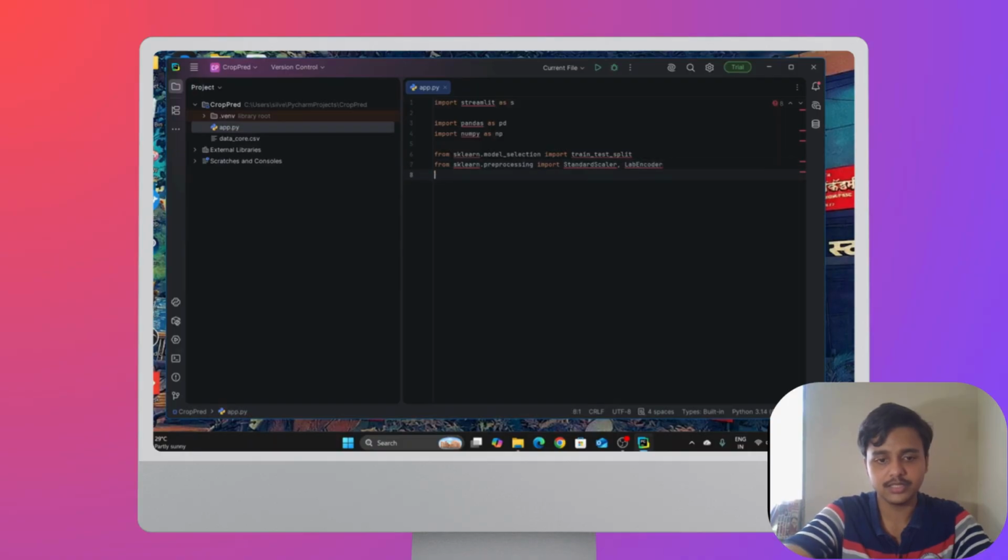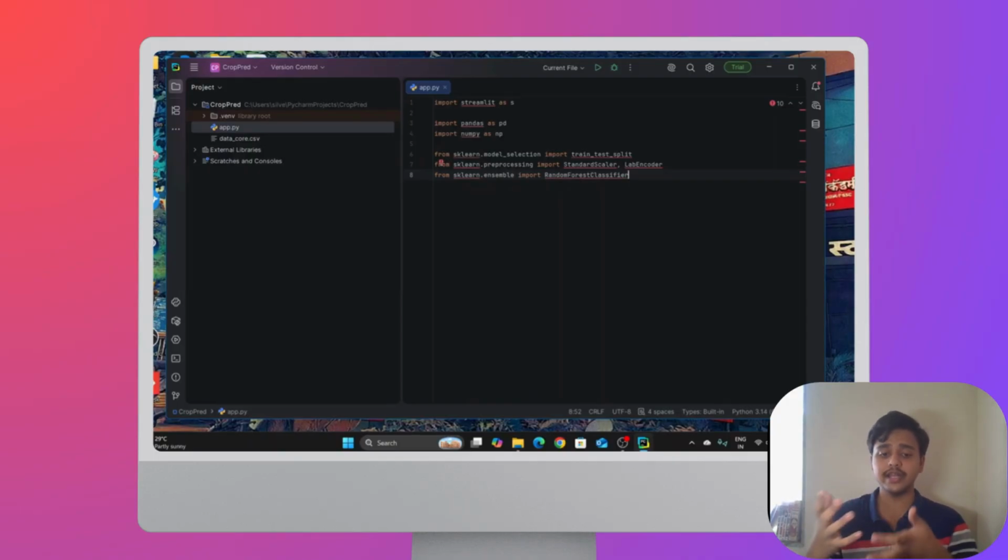And last but not least, from sklearn.ensemble import RandomForestClassifier.